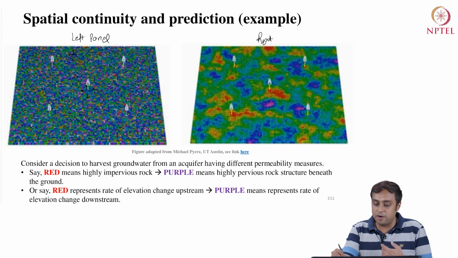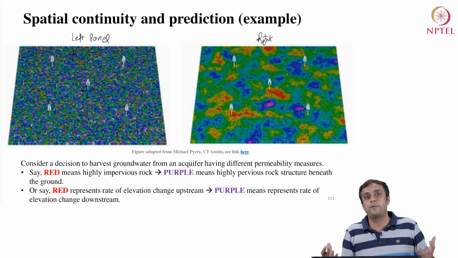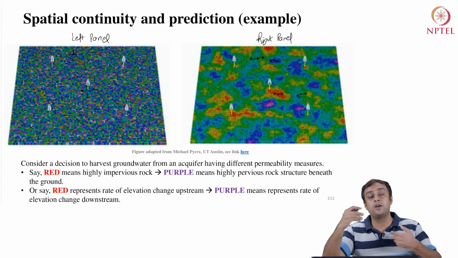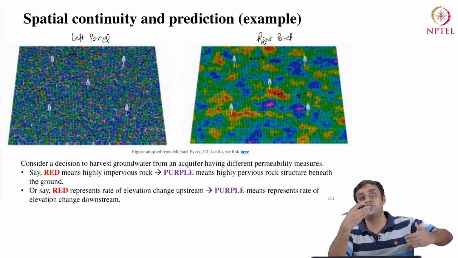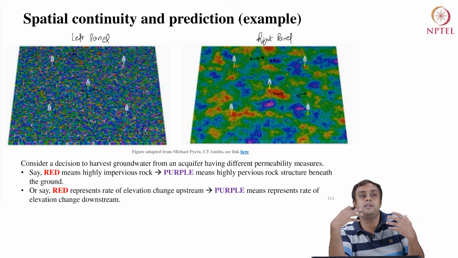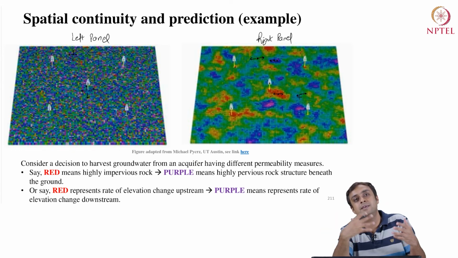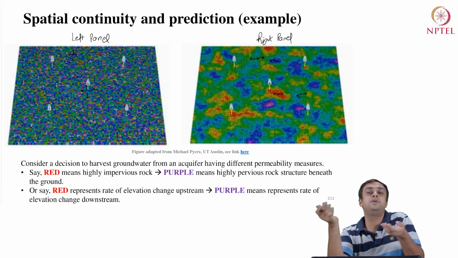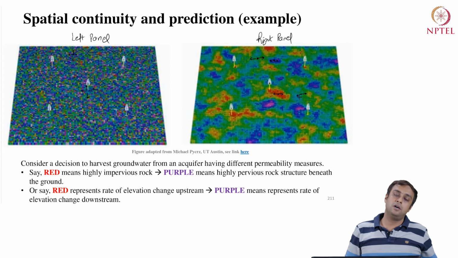On the right panel, however, we see a very non-random spatial process, right? On the right panel, if I stand at any location, I have some level of confidence that around me things are going to look very similar. Of course there are complications because there are these boundaries over which the processes change. But you can imagine that a not so intense sampling exercise can tell us where the boundaries are. And once we know the boundaries, we will know what to expect of the values in the neighborhood, right?